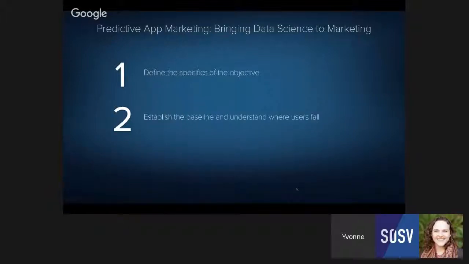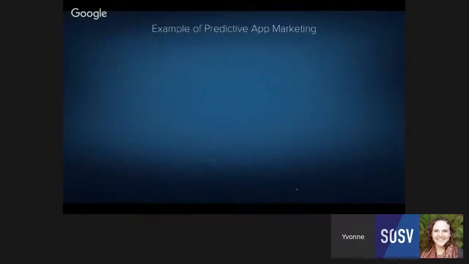I'm going to make this a little more real in the next slide so you can see what I'm talking about. The third piece was using that information to work with OneFootball to help them take action through the app, through push messaging and in-app messaging, to engage with users before they actually left the app.